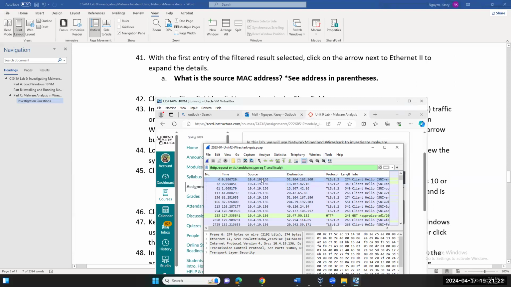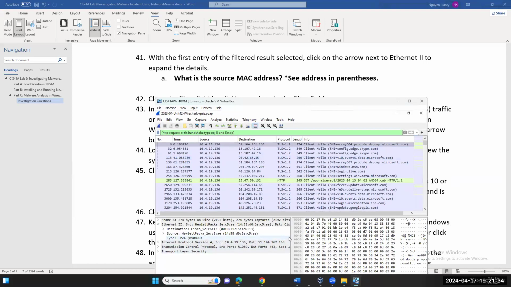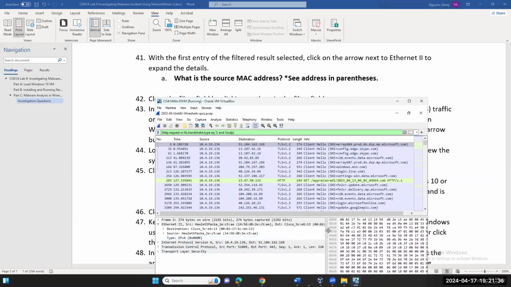Then what we're going to do is take the first entry, and as you click on it, on the bottom you need to click Ethernet 2, okay? You can change the view by dragging this so you can see everything, right? When you click Ethernet 2, if I select this particular packet, I can expand on it,